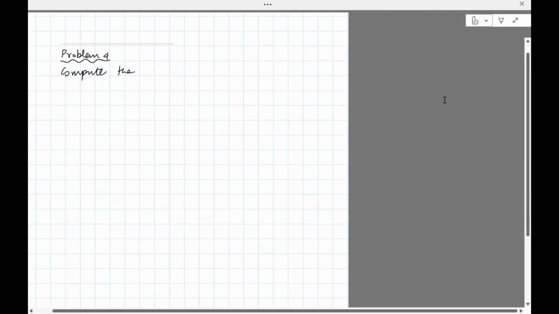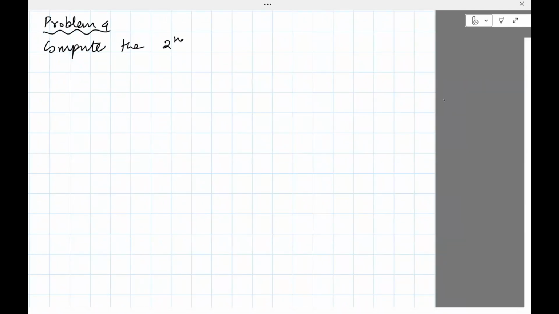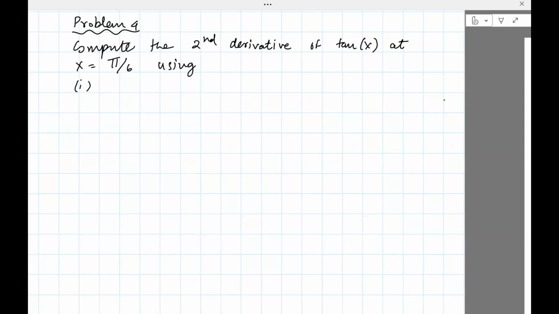Compute the second derivative of tangent of x at x equals pi divided by 6 using 3-point central difference,